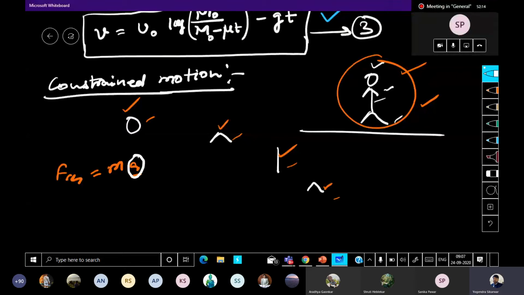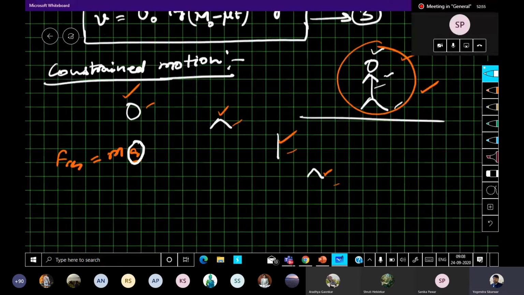Right? Now suppose the whole body is not moving with the same acceleration or same velocity, then what to do? Then how to find which point is moving with how much velocity or how much acceleration? Then you find yourself in a difficult position, right? And then you try to find the relation using certain other methods. Okay, so let me explain this by one example.